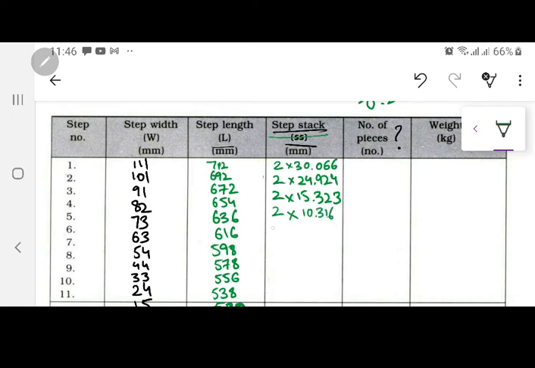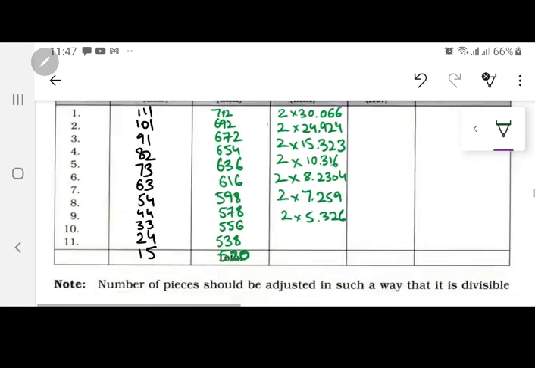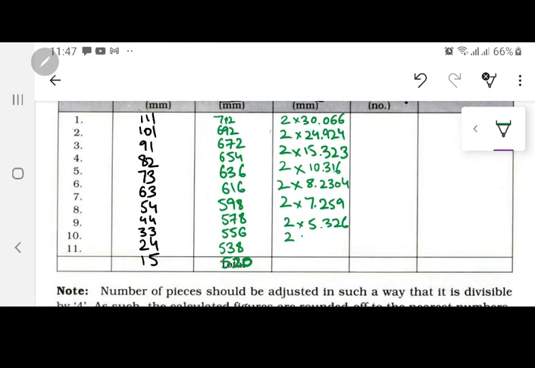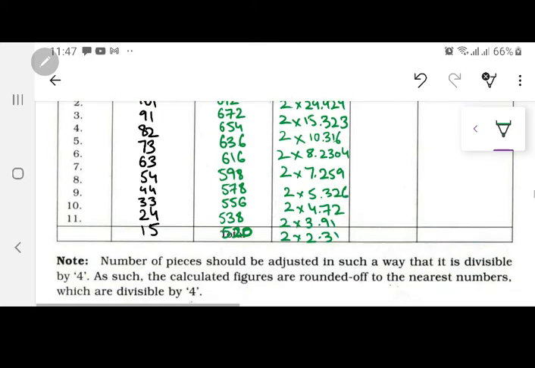Next one again please. 8.2304, 7.259, 5.326, 4.72, 3.91, 2.31,